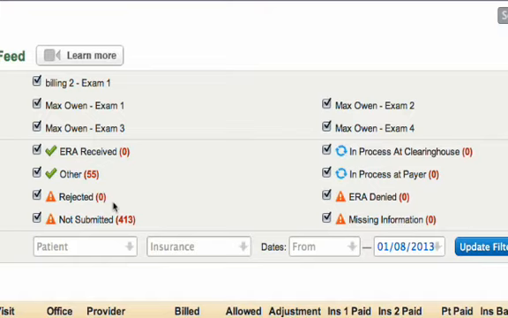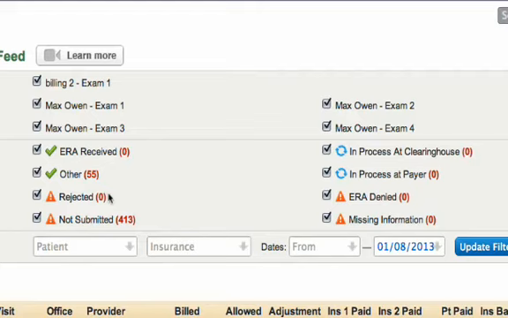In a 24 hour turnaround time, our clearinghouse will transmit the claim to the insurance EDI department. Once the claim reaches the EDI department, the status will show as in process payer. Now again, if insurance EDI finds any errors on your claim, they will reject it. If it gets rejected, then the status will show as rejected payer. And then you can correct it and resubmit your claim.